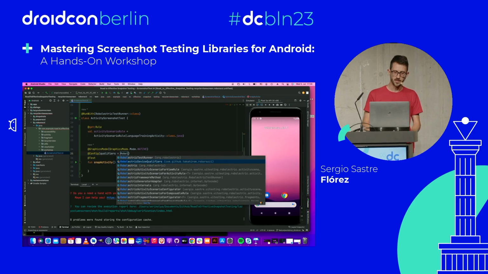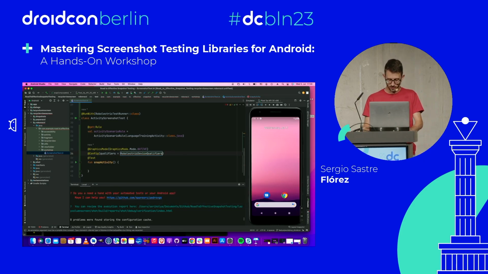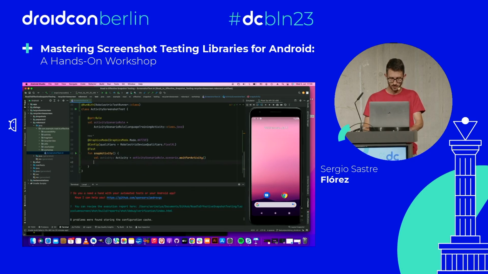That is this one, Robolectric device qualifiers from Roborazzi, as you can see, and we are going to use Pixel XL. Because otherwise the screenshots will look very weird. Well, and now we do like before. So wait for activity, and then we say,